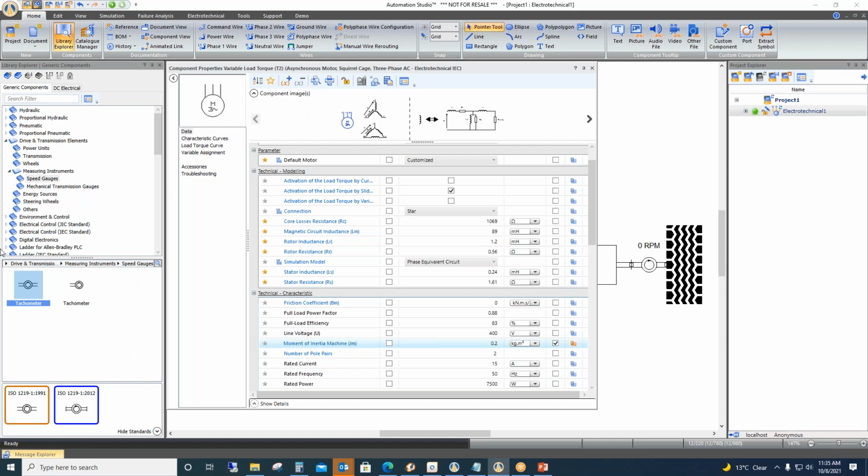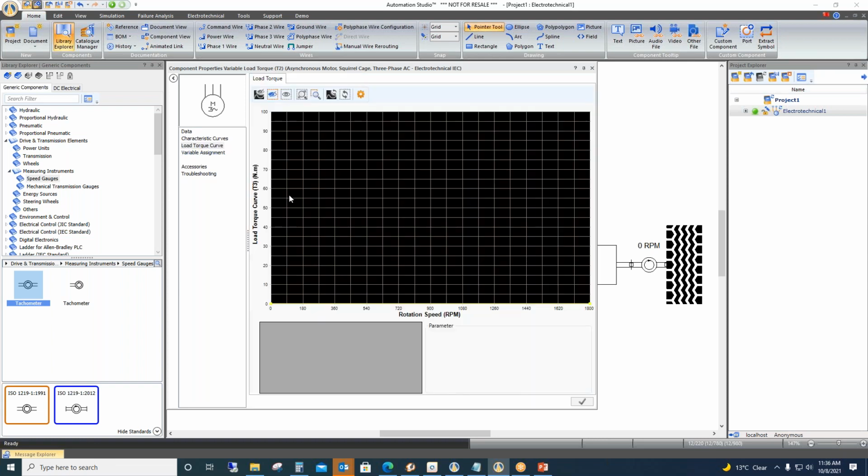See, the moment of inertia is for the inertial quantity. Like if you push any box, it will have some initial resistance, right? That is what we define in the moment of inertia. The one which you are talking about, the difference in the terrain or something like that, will come into the load torque curve. In the motor, we have an option to define a motor torque curve.